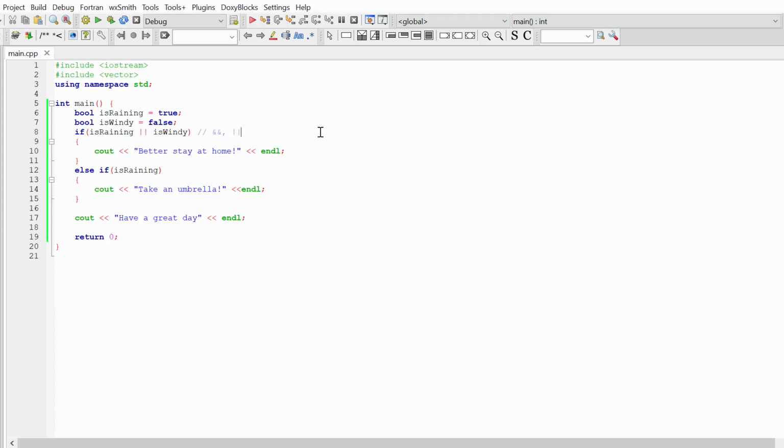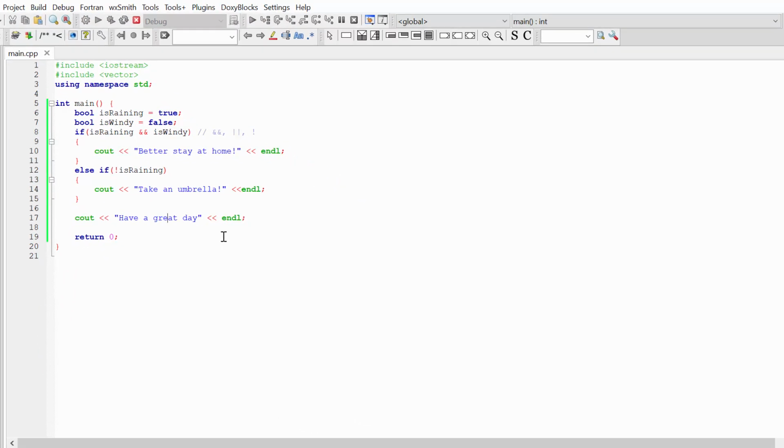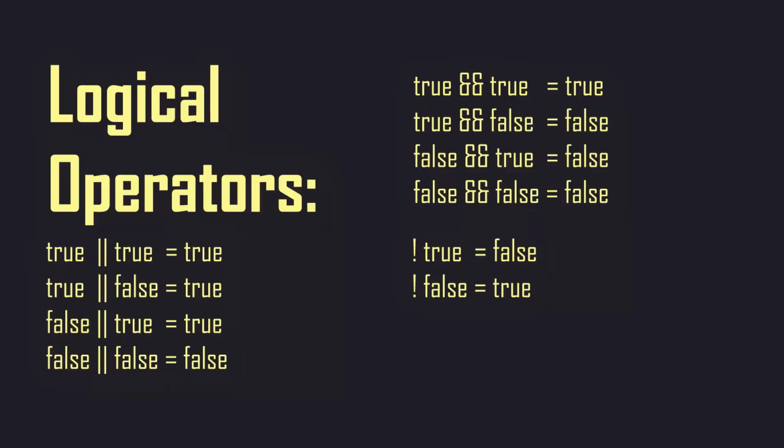And one more logical operator is the operator not. This operator changes the value of your bool variable. If this condition was false, not false is equal to true. So if you have used logical operators before, I think it should be very obvious for you. If it's your first time seeing logical operators, just look at this slide. And if you have any problems with memorizing, just go back to this piece of the lecture and check what will happen when you combine two different bool variables with the AND or NOT operator.